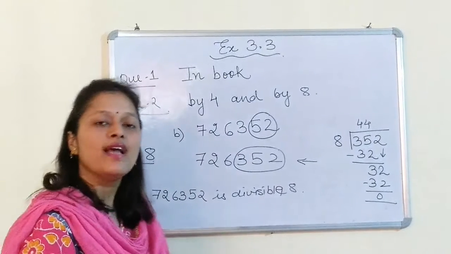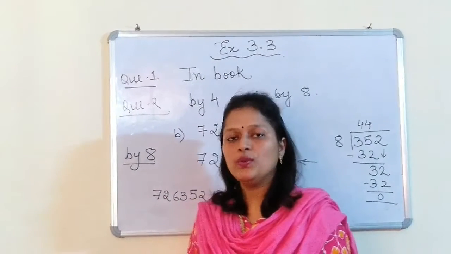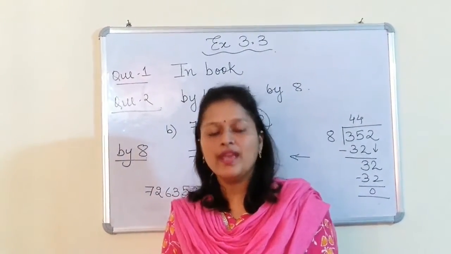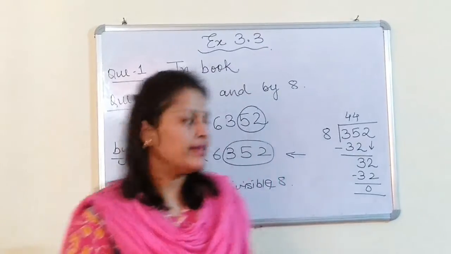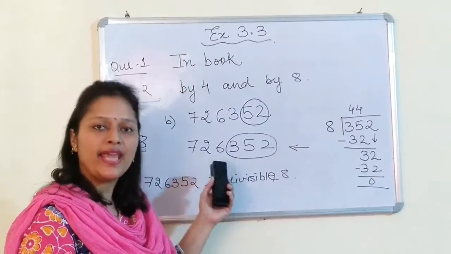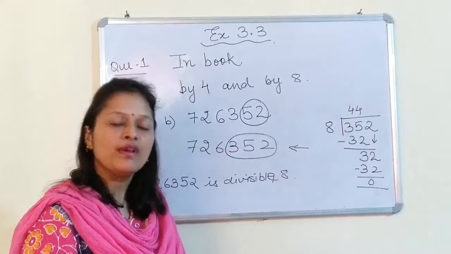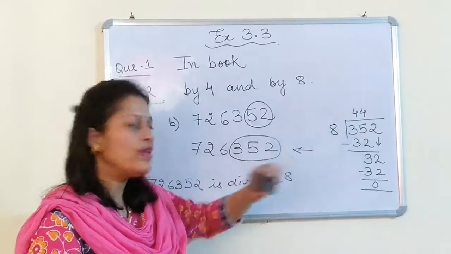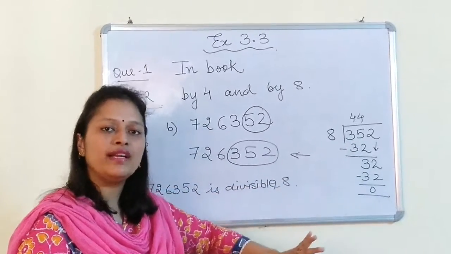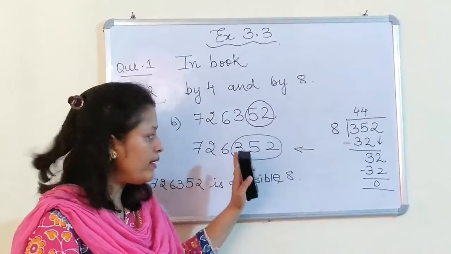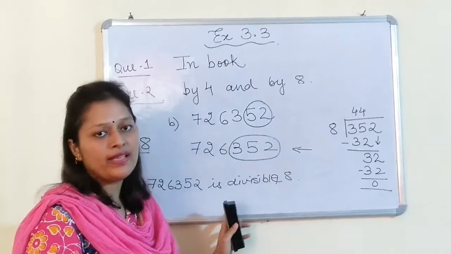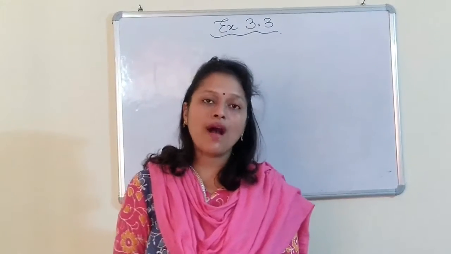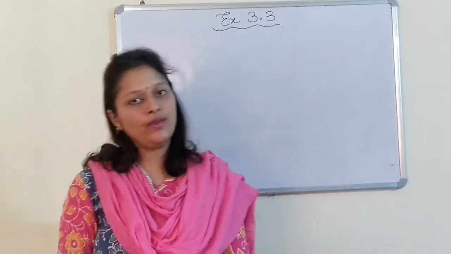One more thing I want to tell you: you don't have to write simply yes or no. If the question comes, check whether the number is divisible by 8 or 4 or by 5, you have to do the complete division, or whatever the condition is, you will explain it thoroughly, and then you can write down your answer with the reason. Children, now you have understood all the points. Now mark the questions which you need to do in your notebook.